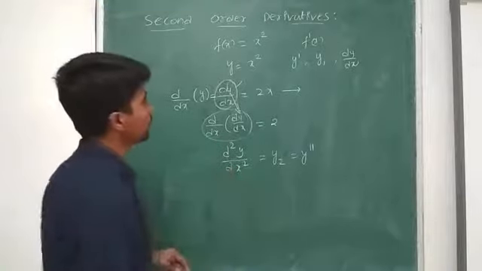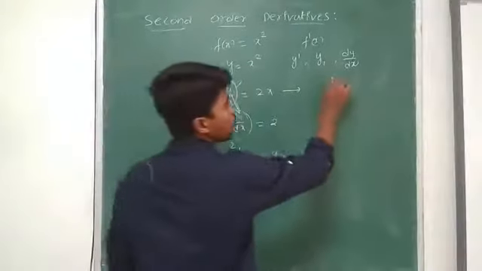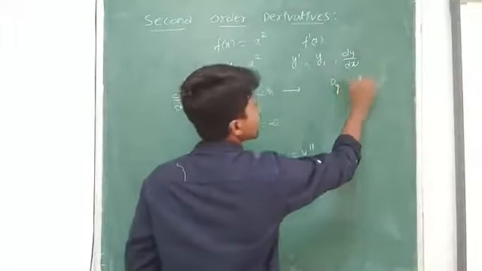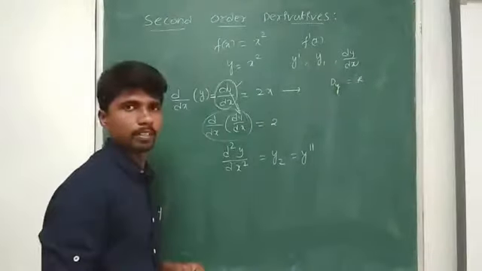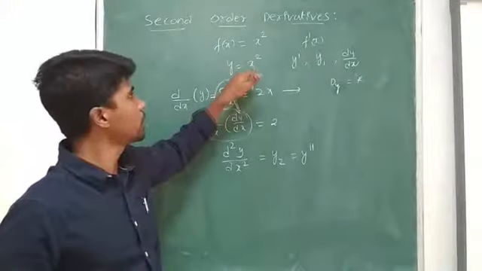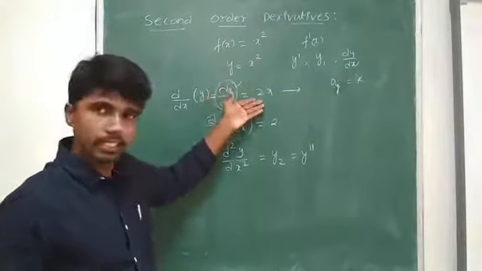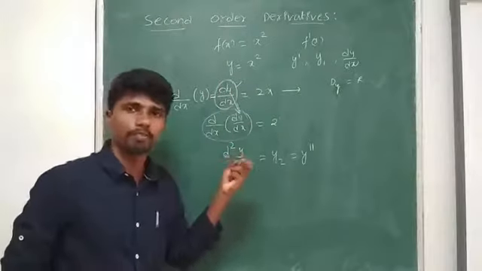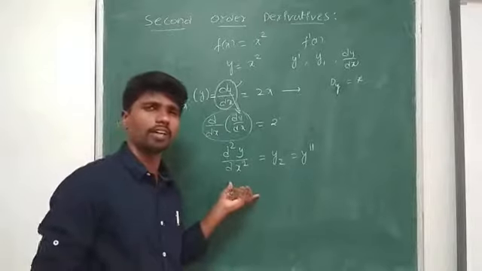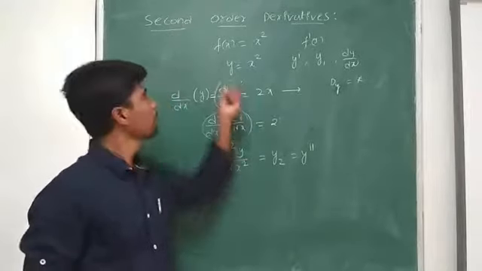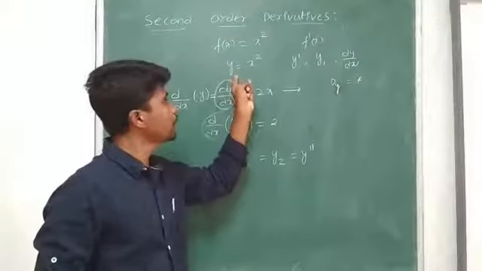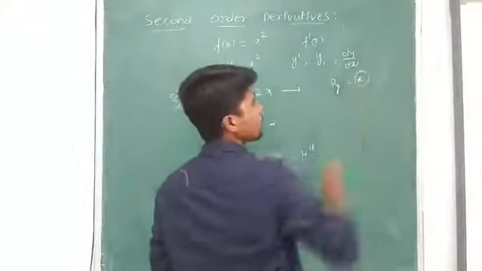See, for this one, y is given as x square, and the domain of y is all real numbers. So it is continuous for all real numbers. If it is continuous for all real numbers, its derivative also exists here. We found it. If I don't want to go deep into continuity and differentiability, just use what we already learned. Y is equal to x square, its derivative we found, it is differentiable in its domain R.